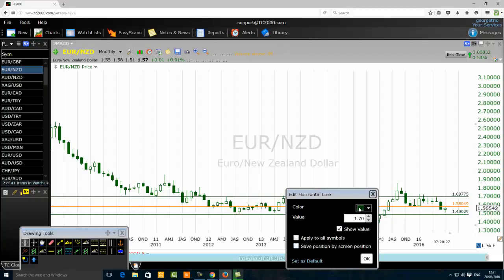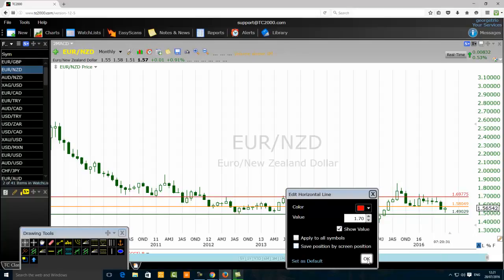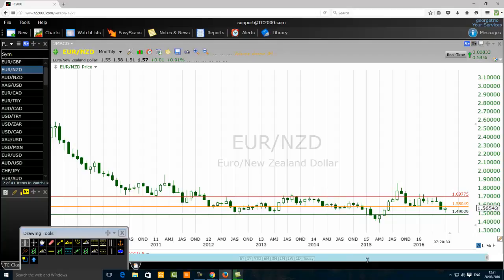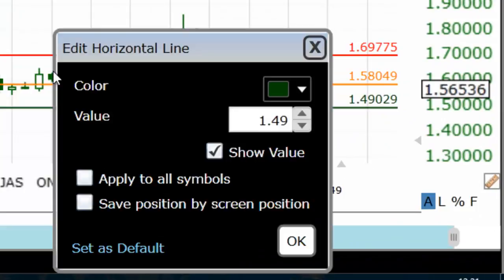In fact, if you are day or swing trading the Euro New Zealand dollar, I recommend that you note down those key levels. Since the end of 2012, the Euro New Zealand dollar is consolidating between the level of 16977 and the level of